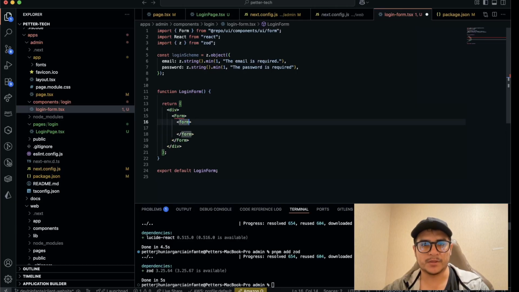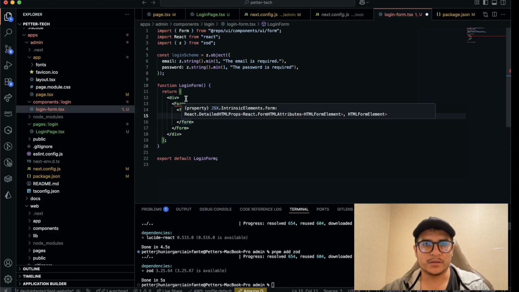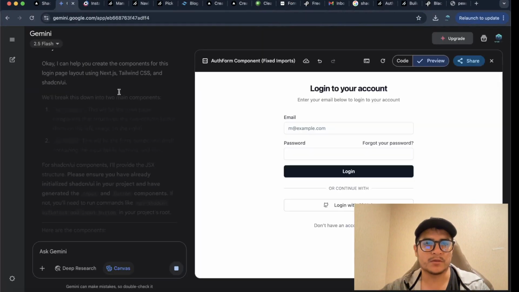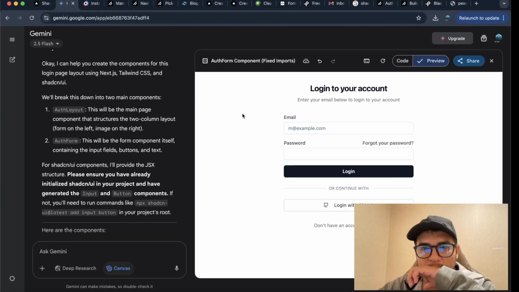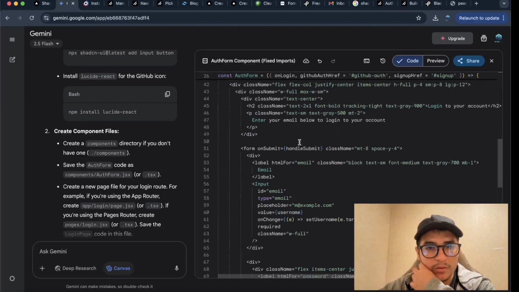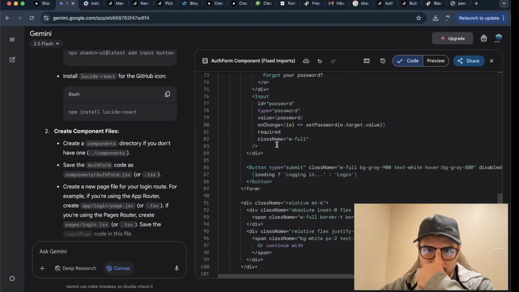This is HTML, and here we need to add a new structure. Let's see what we got here. Okay, I want to see the code. I don't like this structure. I don't really like